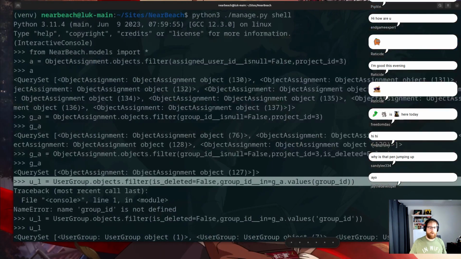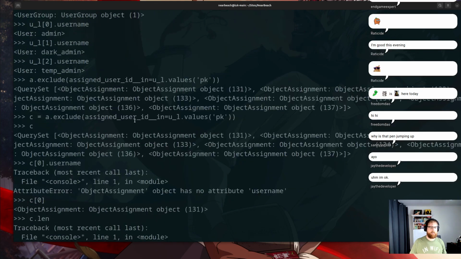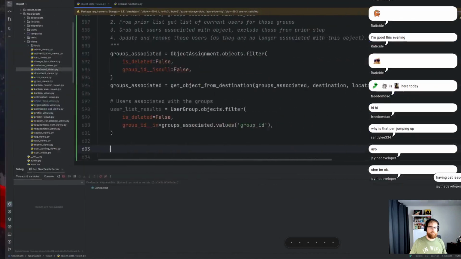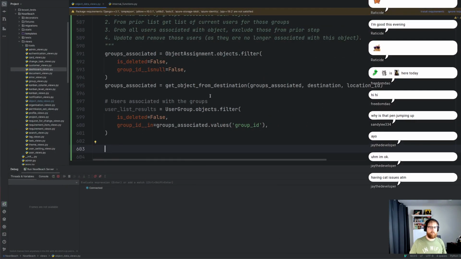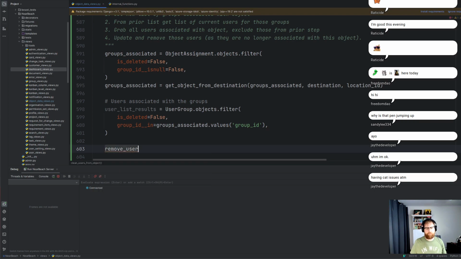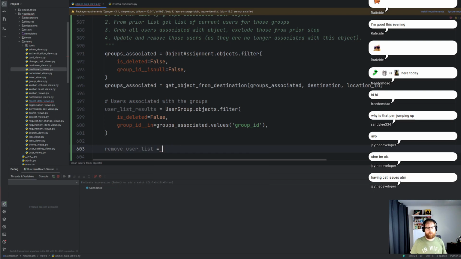Then what we want from there, once we've got the user list, we want to exclude stuff. So we want to exclude or remove user list. All right, this will be